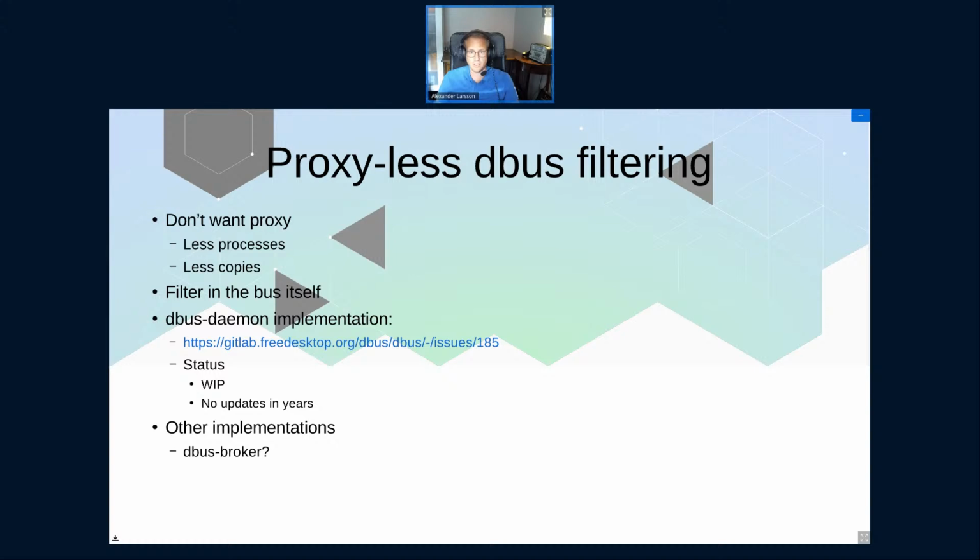But unfortunately, it's been 2 years since anyone commented in that dbus implementation pull request, and also these days we have other dbus implementations like dbus broker. So even if that got implemented, we would have to update those. I do, however, think that it would be cool to do that. We can still use the proxy for older stuff.